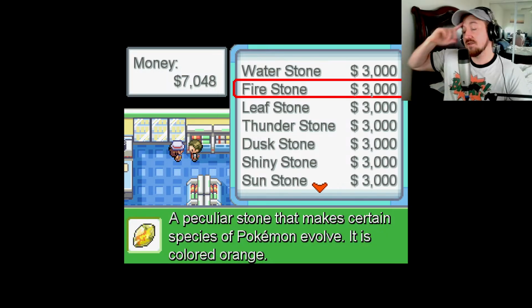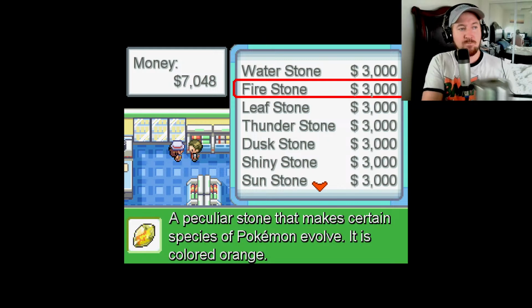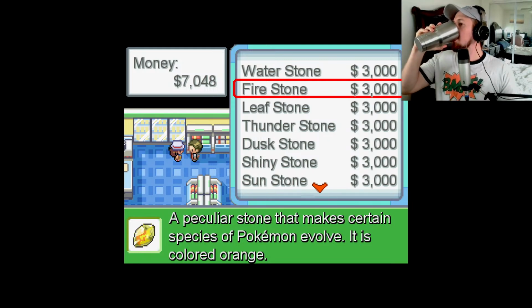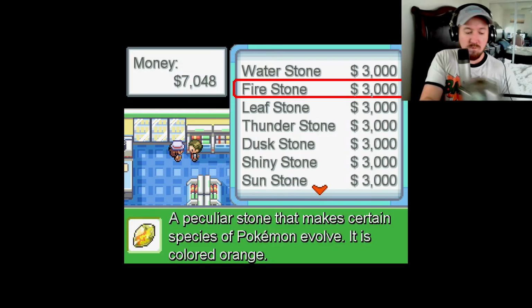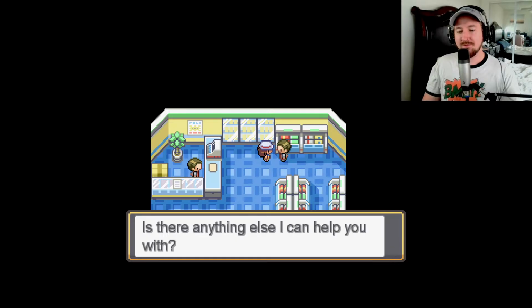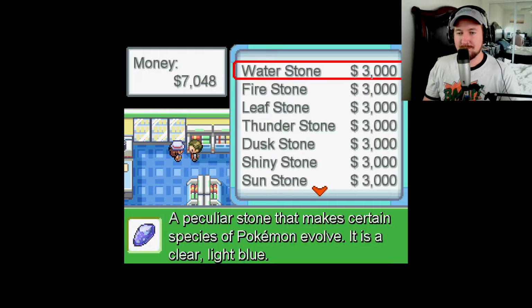And I have enough. Is it too early to evolve Growlithe? I don't think it's ever too early. And also, how do I evolve Dratini? Wow, it's pouring outside. I want to.